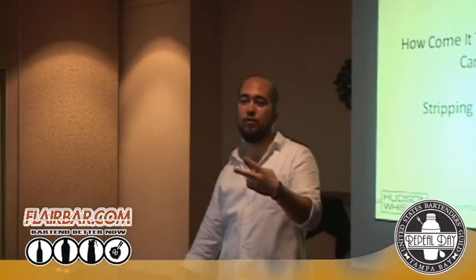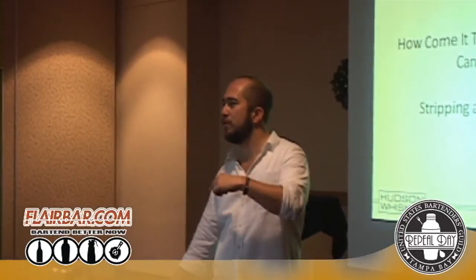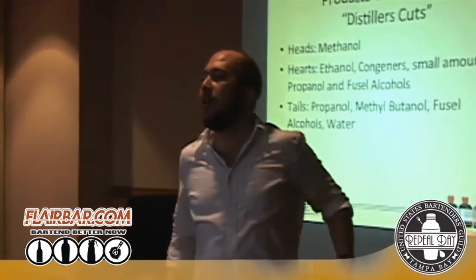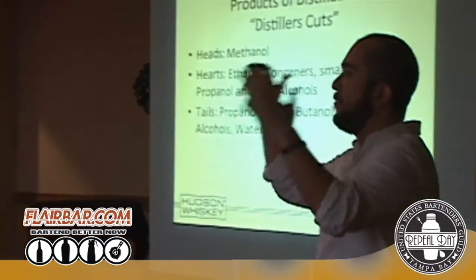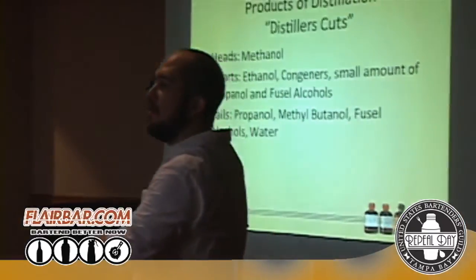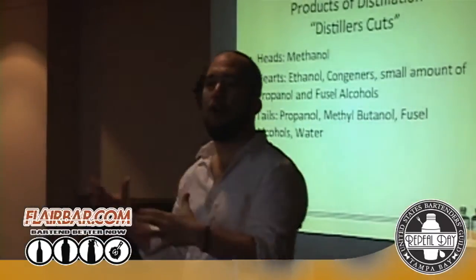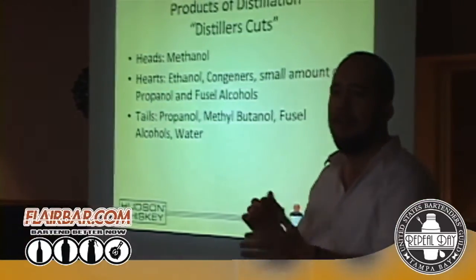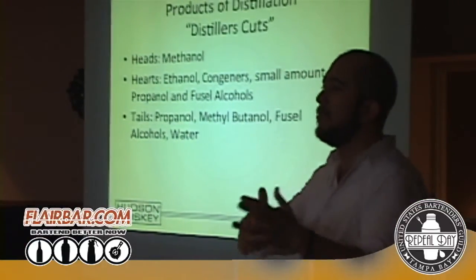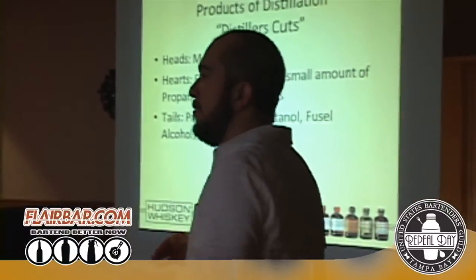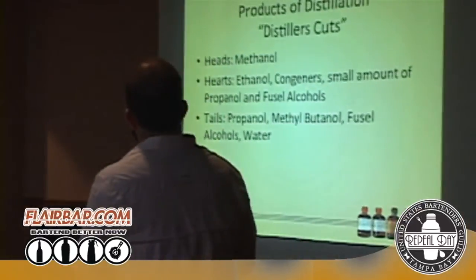For us, we do two different distillations. We do a stripping run and a rectification run. The stripping run is where we take all the alcohol out of the mash. So we fill up the pot with our fermented mash, we boil off all the alcohol, pretty much take it down almost to zero. And at this point, we've got what we call low wines. We discard the waste, the mash goes out into a couple of tanks, where we separate the solids from the liquids. The solids go to a local cattle farmer. The liquids go up into a reed bed system that we built, a wetland basically.